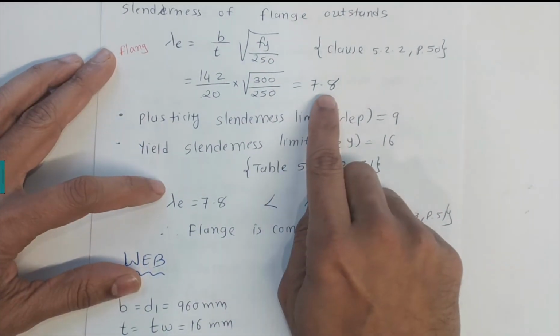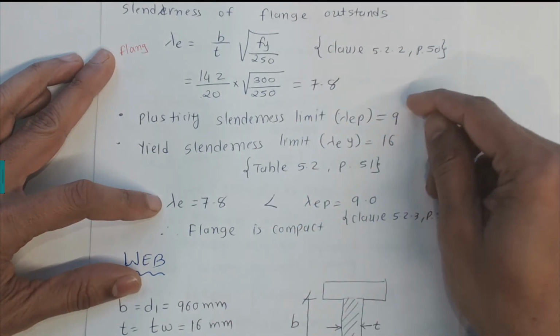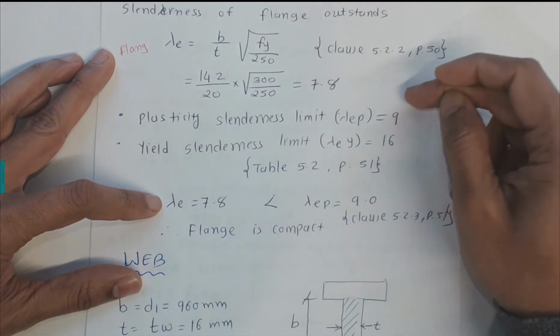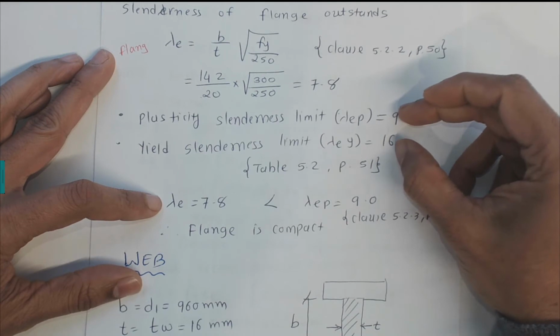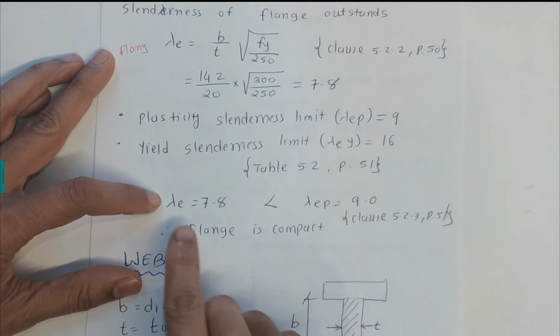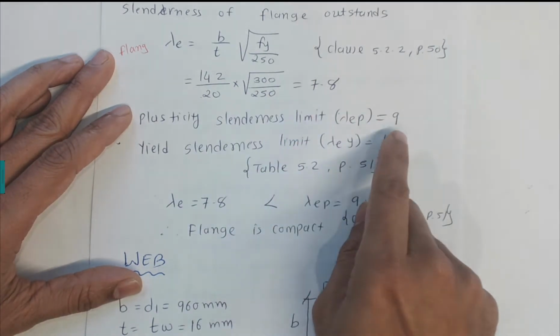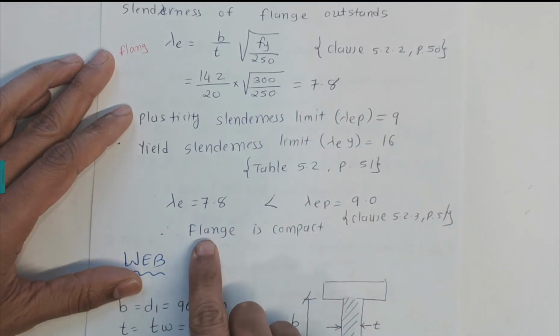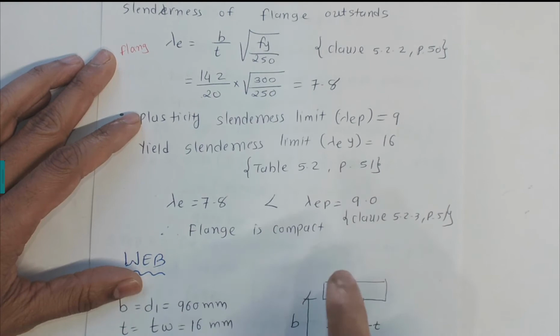Now we have calculated lambda is 7.8, which is less than 9. If it is less than 9, it is a compact section; between 9 and 16 is a non-compact section, and above 16 is a slender section. So we can see 7.8 is less than 9, so we can classify the flange as compact. That is given in the clause